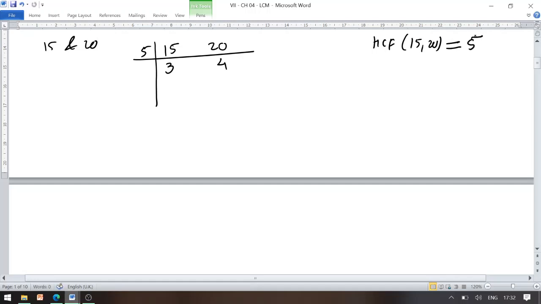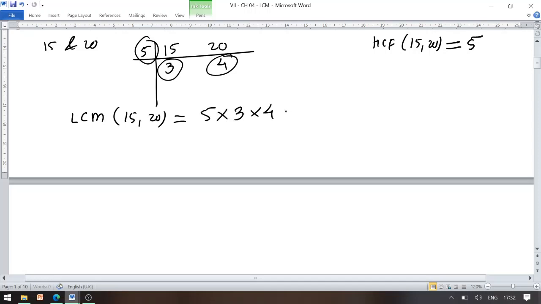So we have the common divisor as only 5 here. And now we have to evaluate the LCM of 15 and 20. Here our vertical division is finished. Why? Because there is no common divisor of 3 and 4 that can divide both 3 and 4 simultaneously. So the LCM of 15 and 20 is the multiplication of your divisor and whatever remainders we have, 3 and 4.